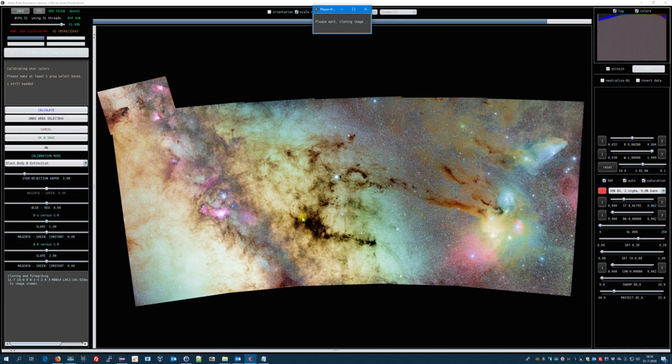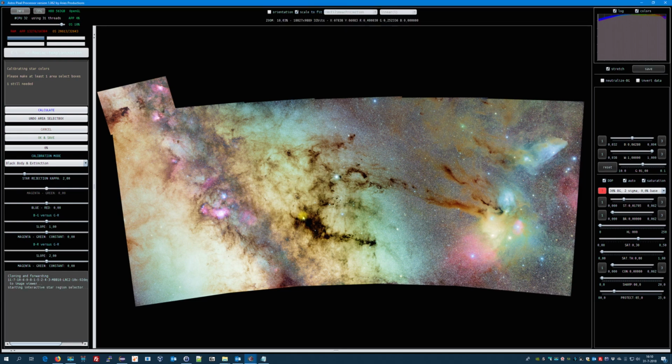So we load this image into the tool, and the first thing we'll need to do is select areas in our image with star populations that aren't strongly affected by nebulosity. So in this image I'm going to select this region and this region. This is a nice area, and this part as well. As you can see, I'm selecting areas with lots of stars but not a lot of nebulosity that will affect